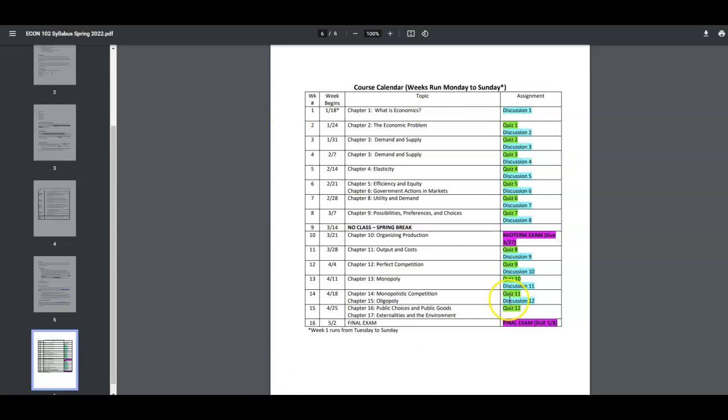So here's the calendar for the semester. As mentioned, every week, for the most part, except for the first, runs from Monday through Sunday. The first week goes from Tuesday through Sunday. So for each week, you're going to have homework, you're going to have lectures which I'll show. Some weeks you're going to have discussions. Most weeks you're going to have quizzes, and exams, and so forth.